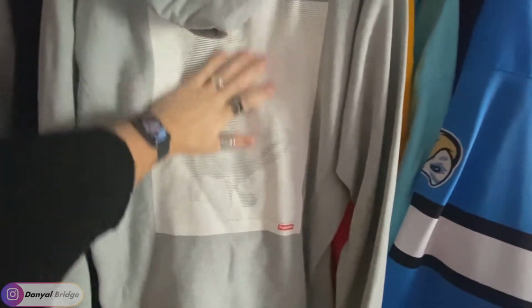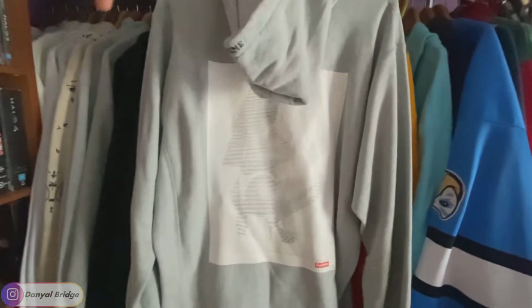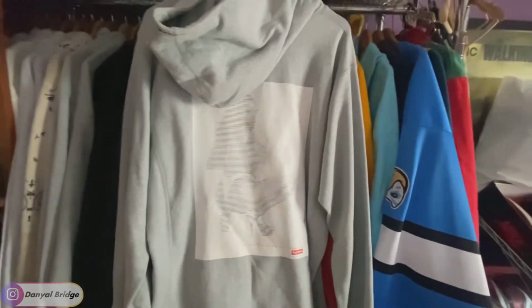And I unboxed this one on the channel from memory. What we have is, I think it's called the Supreme Digi hoodie. But, oh yeah, geez. Look how different that changed, huh? So we got a little Supreme hit up here. And then we've obviously got this huge back graphic, which I'll see if I can try and capture it by